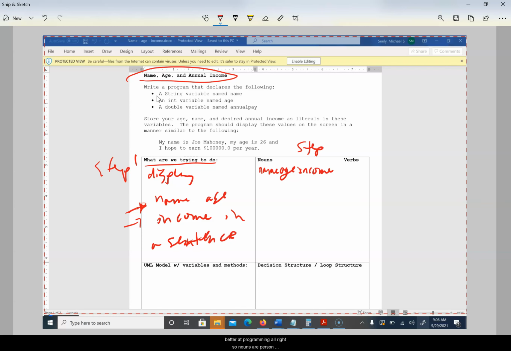So nouns are person, place, or thing, and verbs are action words, okay? So I tell kids, circle your nouns, underline your verbs. So circle nouns, verbs: write, program is a noun, declares, so a string variable named name, int,